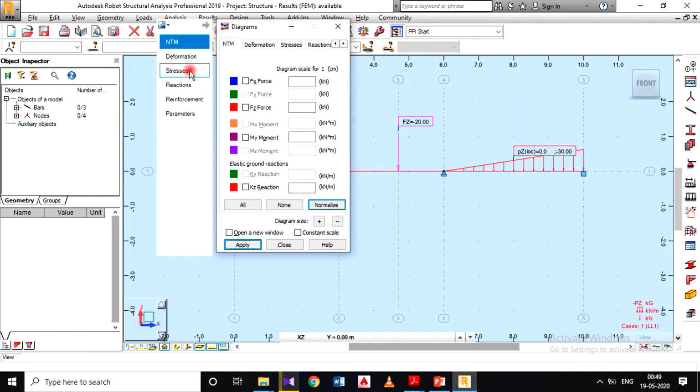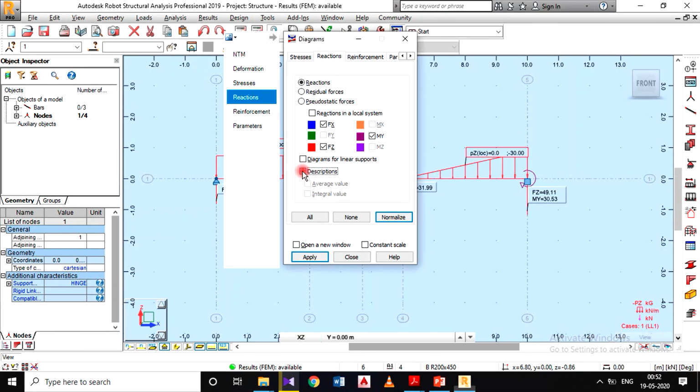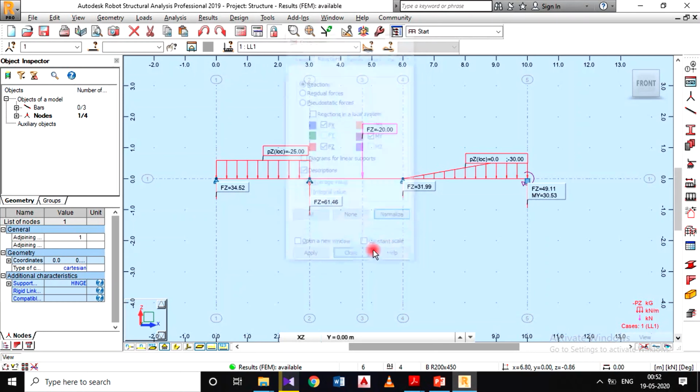First we need to see the reactions, so click on the reactions, then click on all. So Fx, Fz and My mean the horizontal and the vertical reactions and the moment, and also click on the descriptions to see the value, then apply, close.